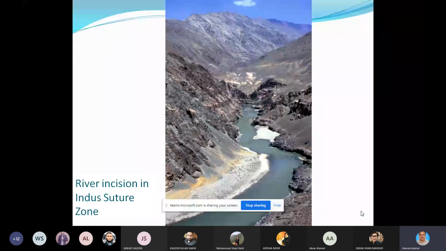And then we have a picture of our river Indus in the zone where it is known as the incised river, where it is cutting its bed and the sides. So you can see the river Indus having a very narrow width, and the material is highly resistant, and it will take a number of years to deepen its channel to accommodate all the discharge of the main channel itself.